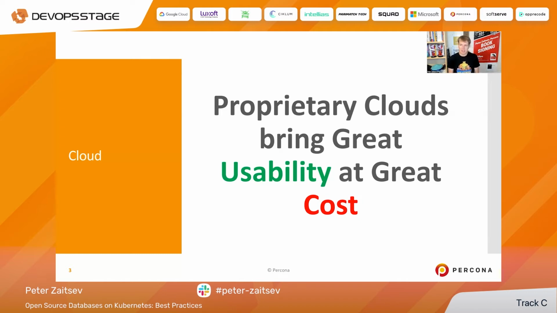And that is especially problematic for databases, which are typically some of the hardest to move around because, well, data